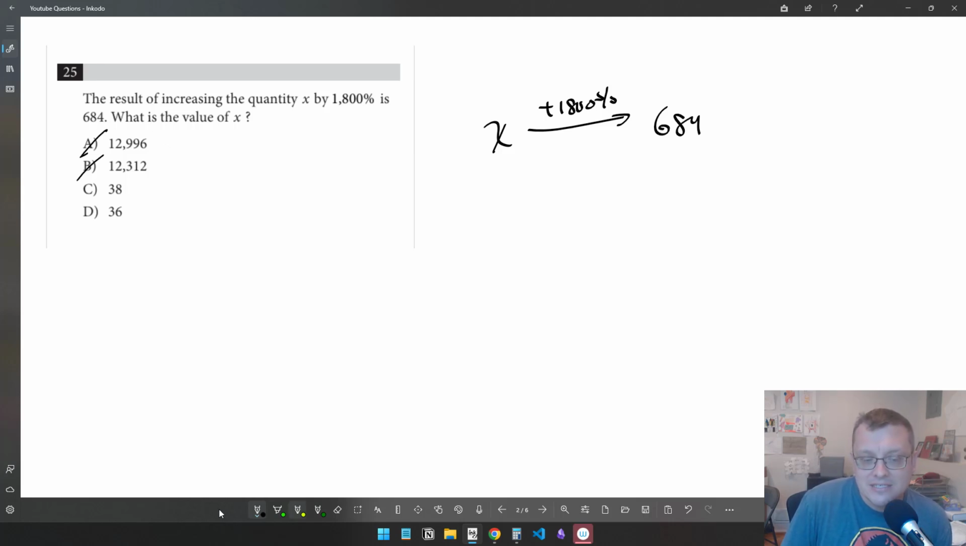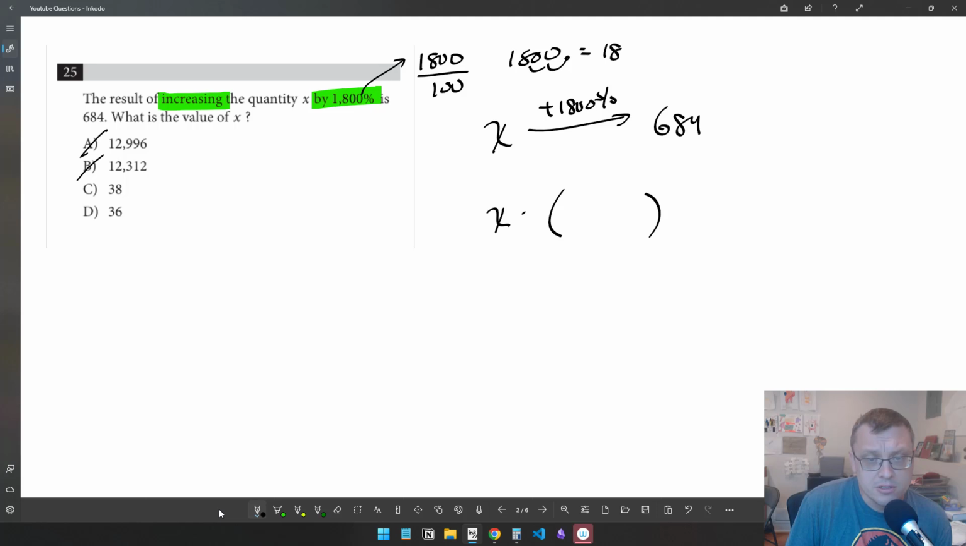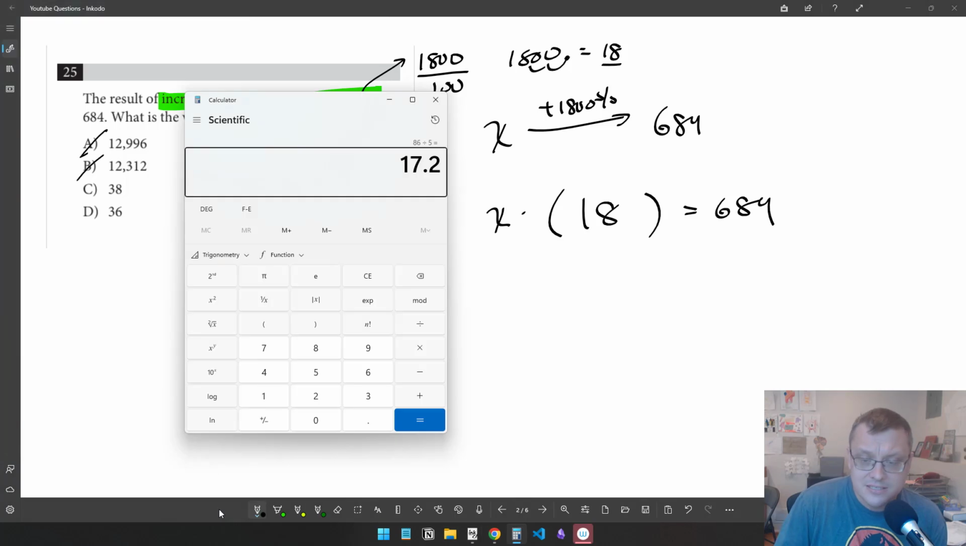The key is to recognize, as we've seen before, that we are increasing this quantity by 1800%. The mistake that is often made here is to take x and multiply it by 1800% in decimal form. I can get that by dividing 1800 by 100, or by moving the decimal point over 2 places to the left. It's the same thing. We'll end up with 18. So 1800% as a decimal is 18. And if I solve this equation for x, I will get something exciting, which is 38,